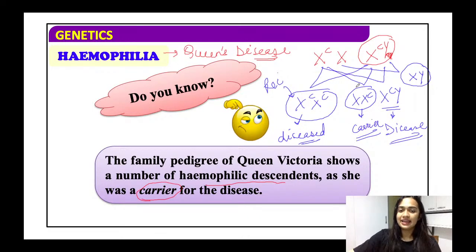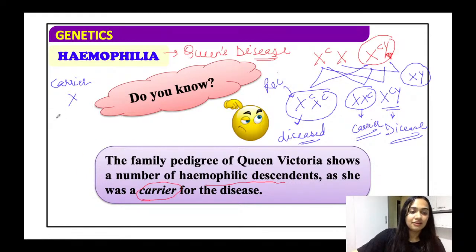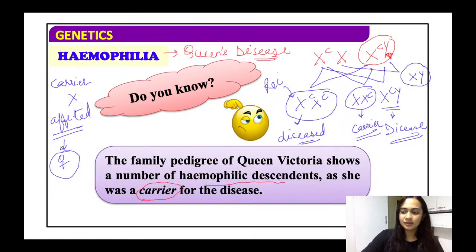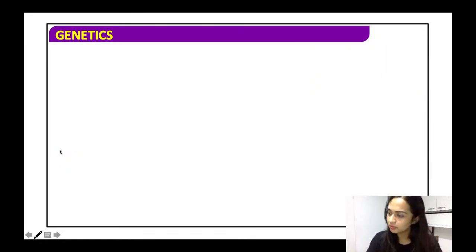alright, hence this, when there is a carrier female crossing with an affected male, इस कंडीशन में जो है ऑफस्प्रिंग्स, फीमेल ऑफस्प्रिंग्स भी अफेक्टेड हो सकती है, ठीक है, तो ये कंडीशन भी मैंने आपको बता दिया। फाइन,